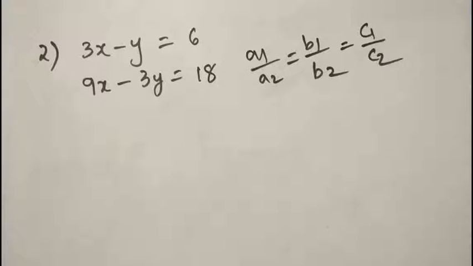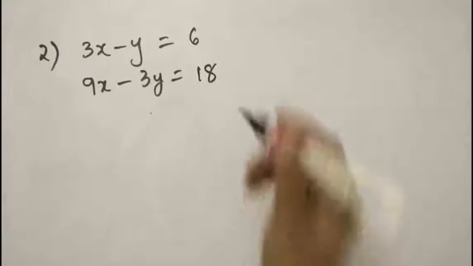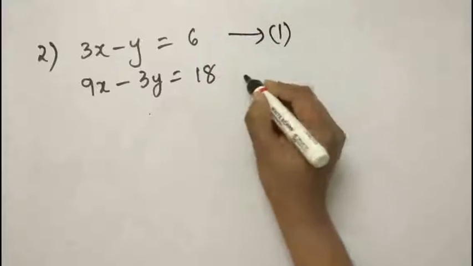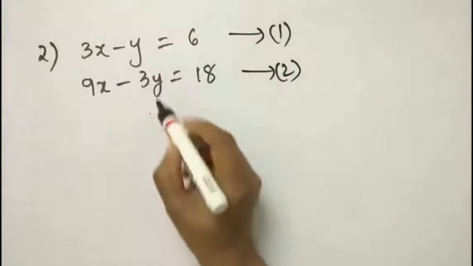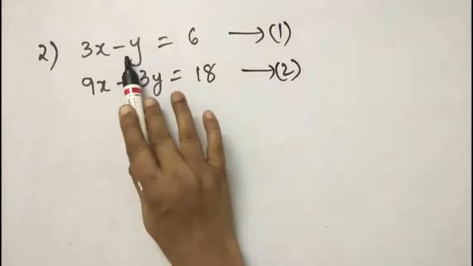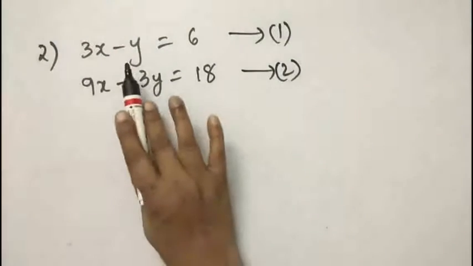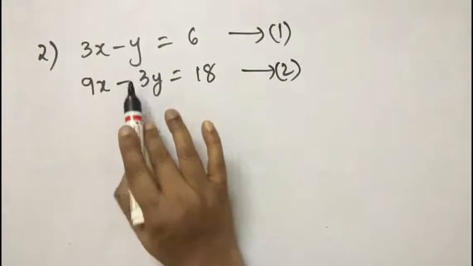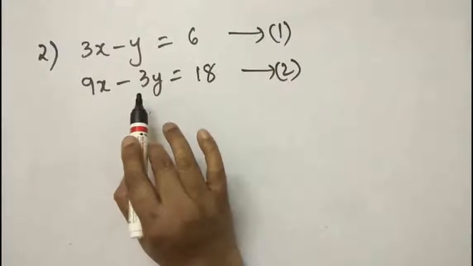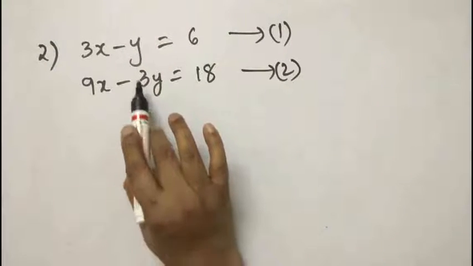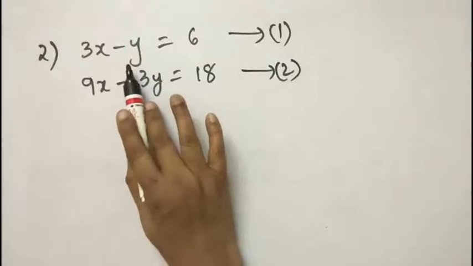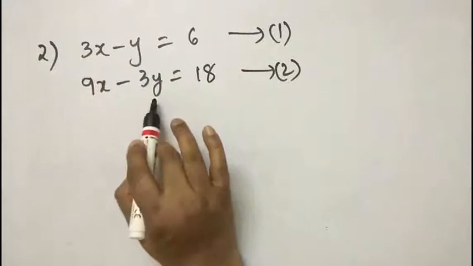That is, if you eliminate the x term or y term using the elimination method in these two equations, you have to get LHS equal to RHS, as we have studied now. Let it be equation 1, let it be equation 2. In these two equations, if you observe, the coefficient of y is 1 here, and here it is 3. So, I feel it is better to use the coefficients of y to eliminate the term y. It is better to use the coefficient of y to eliminate the terms having y.